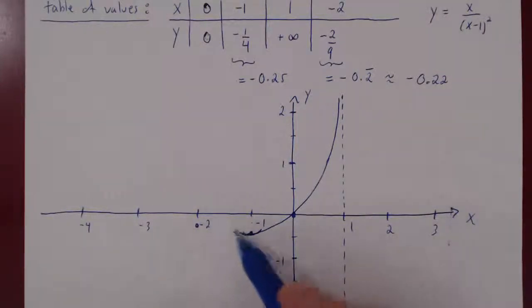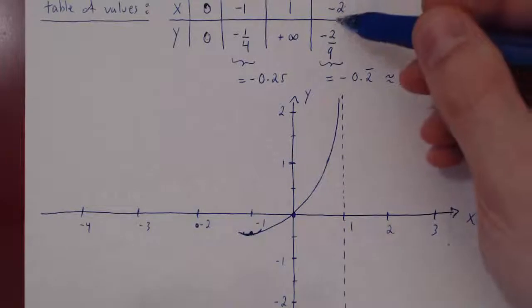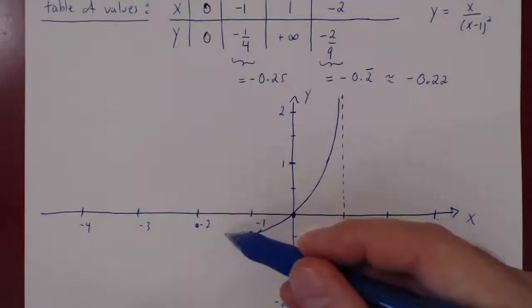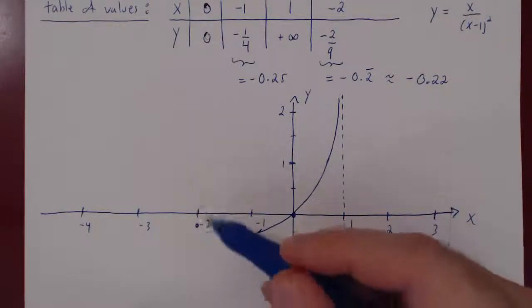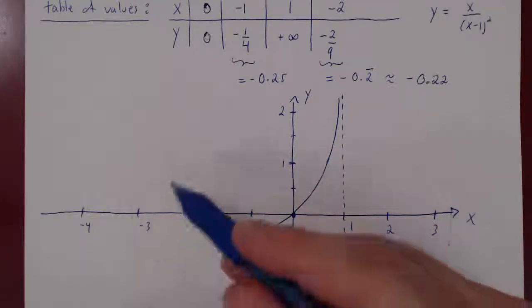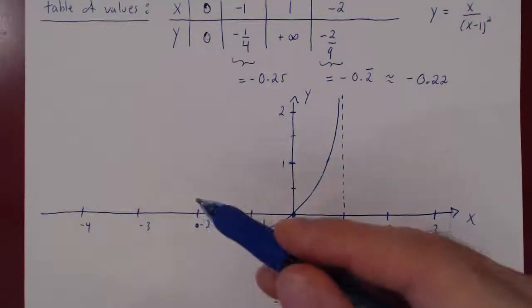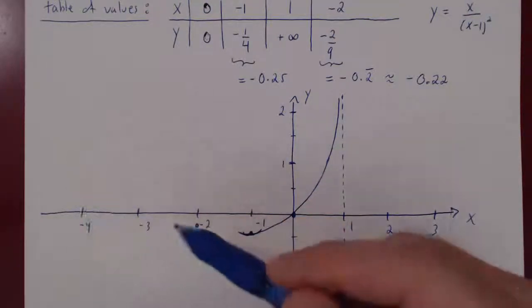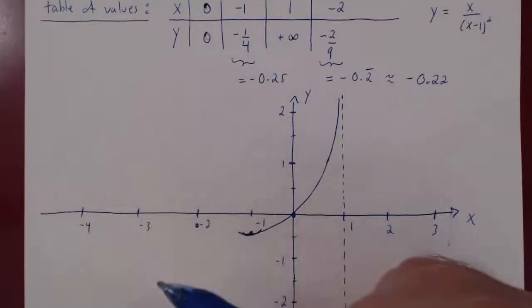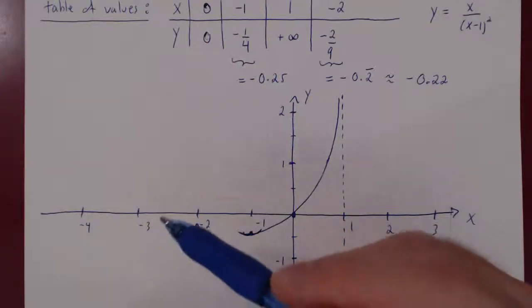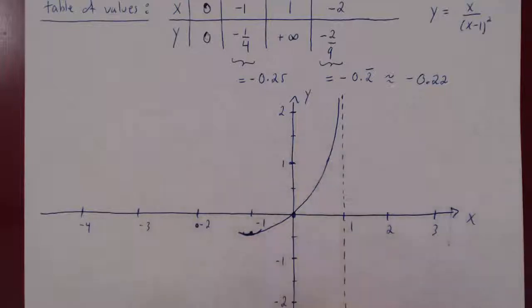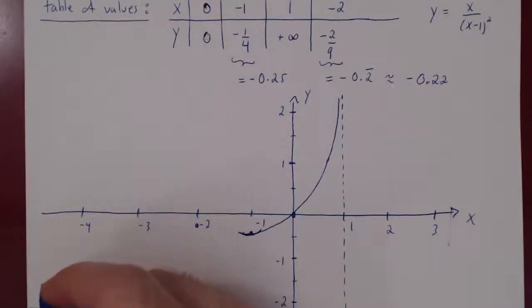Now let's look on the left of -1. The point x equals -2 was our possible inflection point. So the curve is concave up here, right? Will this be a true inflection point? Well, we have to look at concavity on the left of -2, and because to the left of -2 there are no other possible inflection points, concavity on the left of -2 will always be the same. So you can evaluate the second derivative at any value of x to the left of -2. So we'll look here at -3. So if we look at the second derivative at -3,